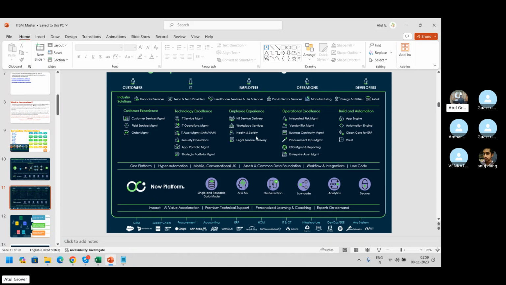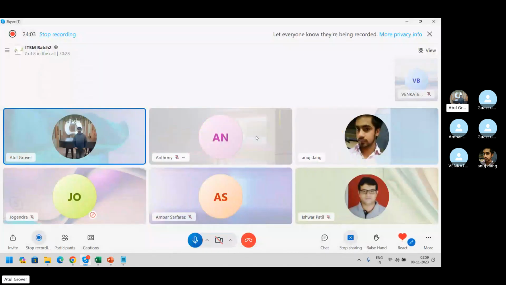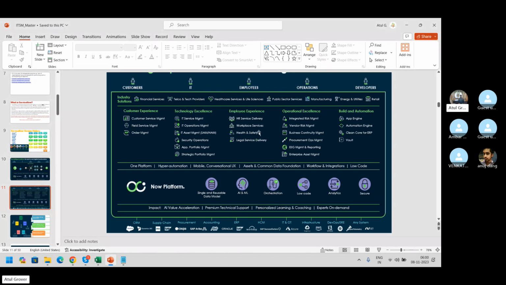I'm sure during the COVID time period, if you wanted to go to the office, your HR sent you a survey link. Your name, employee ID, have you been connected with COVID? Yes or no? Have you taken these medicines or vaccinations, all the things. So how do they track? They track it in health and safety.